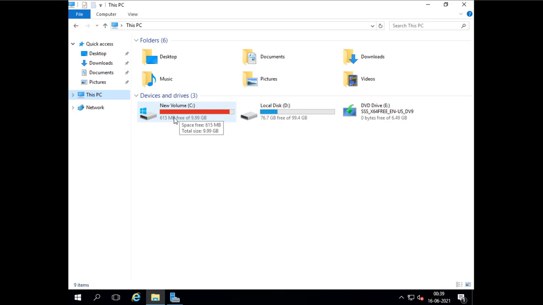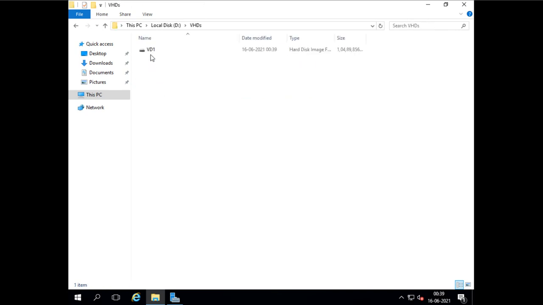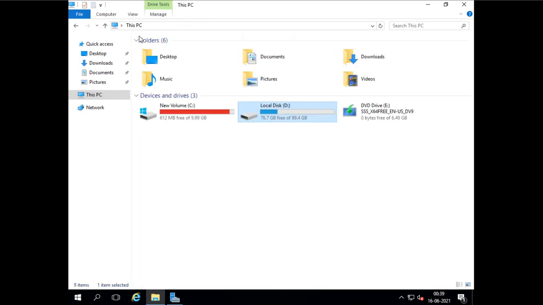This is the virtual disk which is booted here, and this is the original hard disk and the original operating system we have here. The operating system which is running right now is running from this virtual disk of 10 GB. Only 612 MB is remaining.